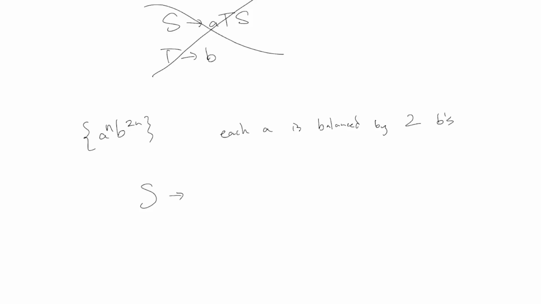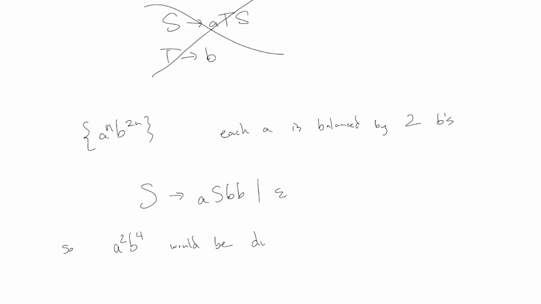Yeah? ASBB, yeah, I like that. And then I say or epsilon just so that the derivations can end. Yeah. So this way, every time you make one A, you make two B's at the same time. And then, of course, you can iterate through this thing to get longer strings. So, for example, A squared B to the 4